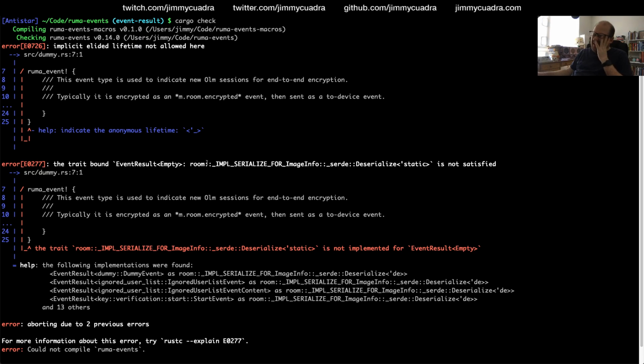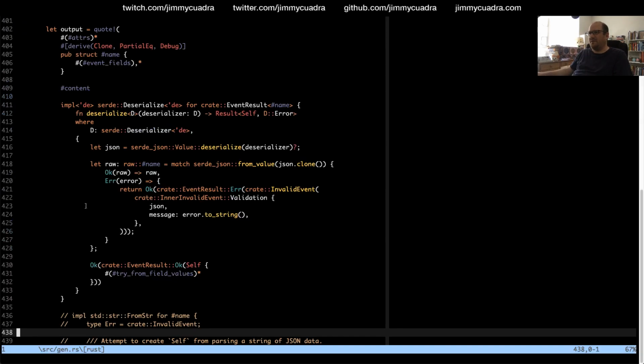Someone told me on the last stream a quicker approach to seeing the expanded code and running the compiler against the actual expanded code directly to make it easier to see where this error comes from. Because the problem was, since this is a procedural macro, this code is getting run at compile time.